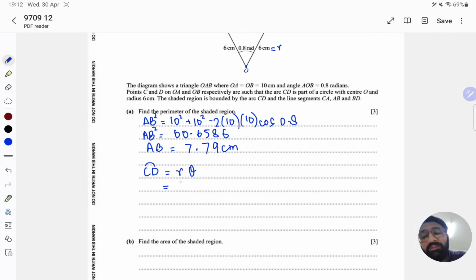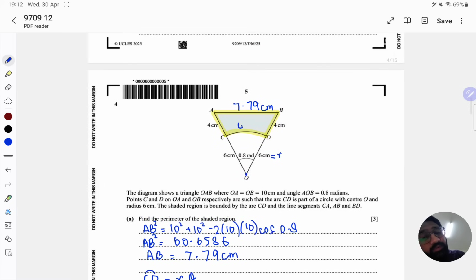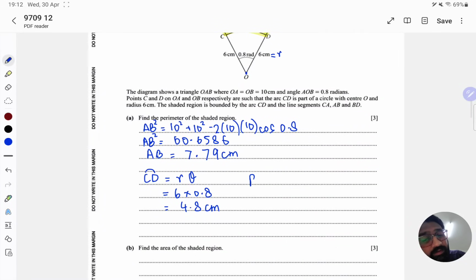So it will be 6 times 0.8. So 6 times 0.8 is 4.8 centimeter. So this is 4.8 centimeter. To find the perimeter, we will add all the outer sides of the shaded region, which is 4 and 4,